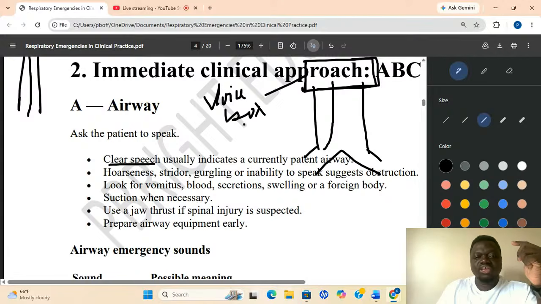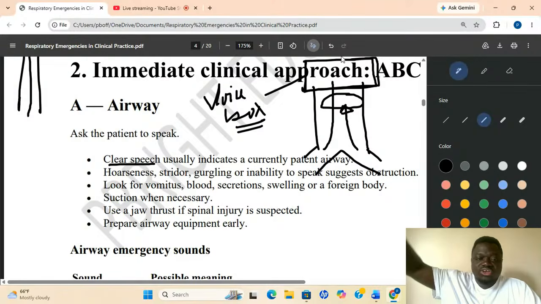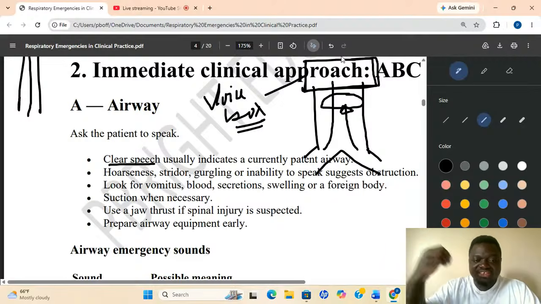The voice box. If something chokes me here and this carbon dioxide does not come out, or I have COPD and I can't bring carbon dioxide out, and I have an exacerbation or crisis, this voice box is intact, but this blockade is not making me bring out enough air, or carbon dioxide, to pass through the voice box for me to speak well.